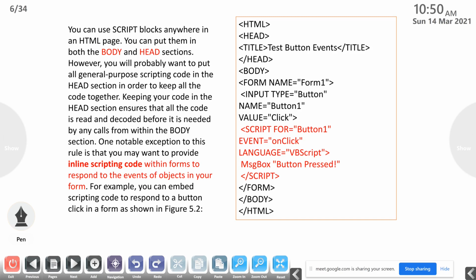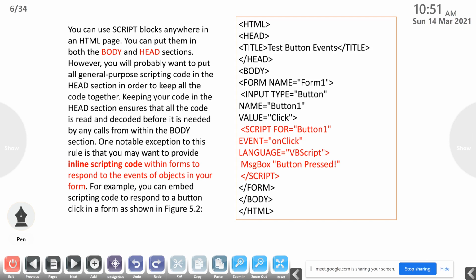The same way we are embedding this VB script in HTML. So you can script blocks anywhere in the HTML page. You can use the script tag anywhere in the HTML page. You can put them either in the body or in the head section.